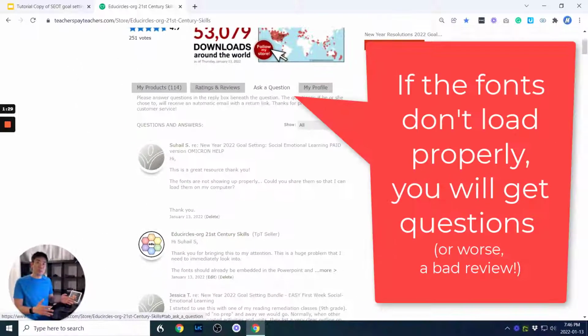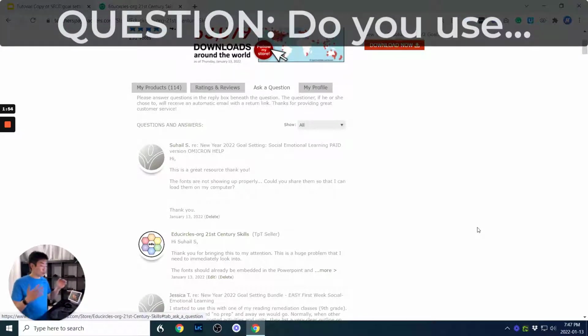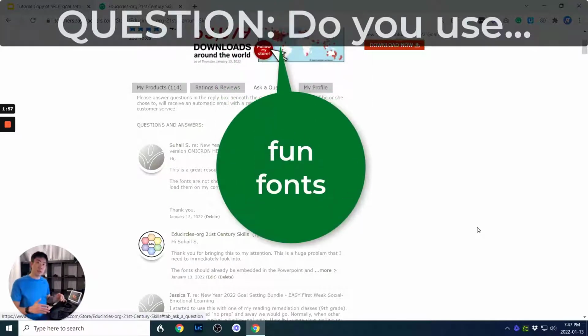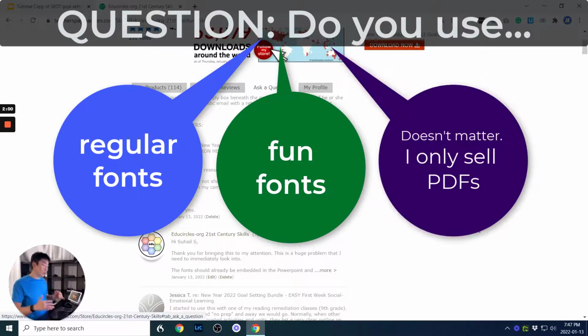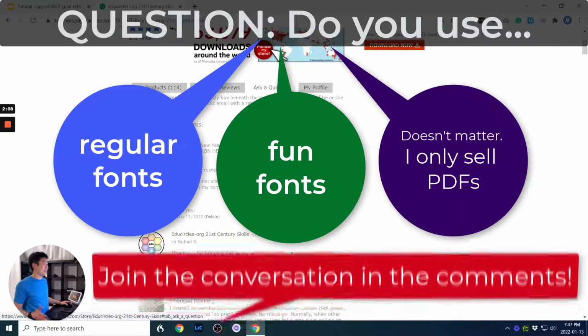And the reason why this is a huge red flag for me is because I thought I had properly embedded the fonts into the file itself so that teachers wouldn't have to install any fonts. But clearly something has gone wrong. It works on my test computer, but it's not working on everyone's computer. So I need to sort of troubleshoot this so that basically it's just easier, the fonts work. So bottom line is, if you're starting your TPT journey and you're creating resources on the internet, choose wisely with your fonts. And if you've been an old hat and you're selling on TPT and you've done lots of stuff with fonts, I would love to hear from you to find out how you're doing things.